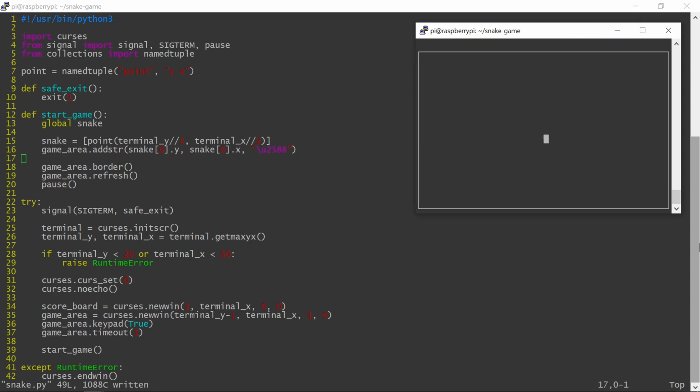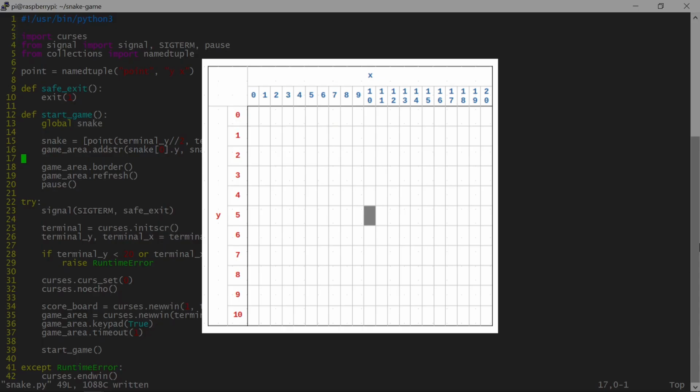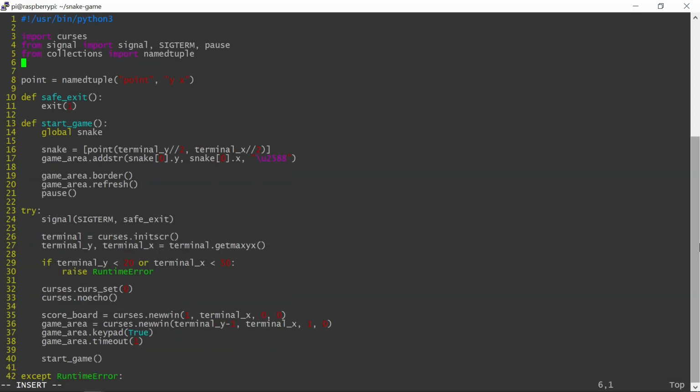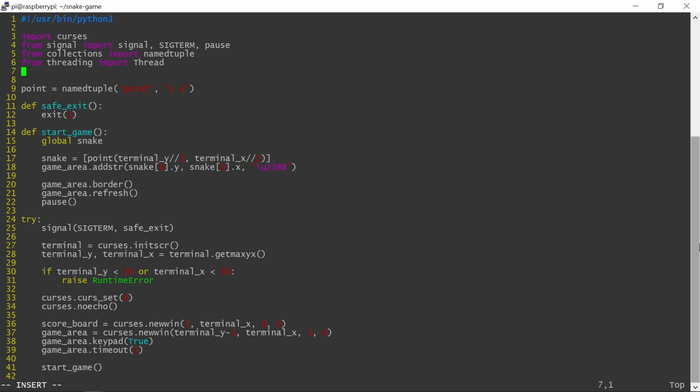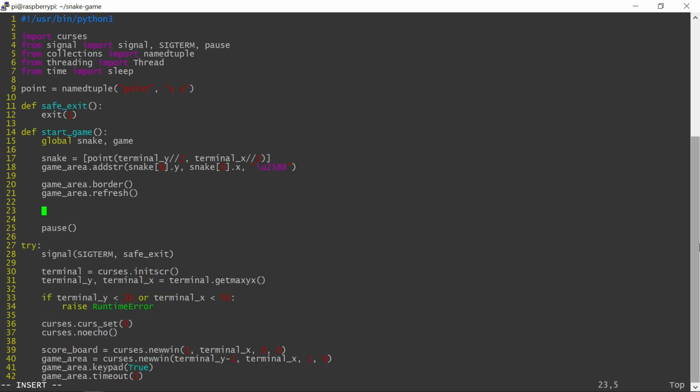Animating the snake is accomplished by a continuous process of displaying and erasing parts of the snake on the screen. I choose to use a thread for the snake movement, which allows for flexibility in the implementation, including decoupling the snake movement from the keyboard control. The snake movement code will be essentially a large loop controlled through a sleep delay. I will use a globally accessible thread called game. This thread will run code contained in a function called play, which will be the main program loop animating the snake.